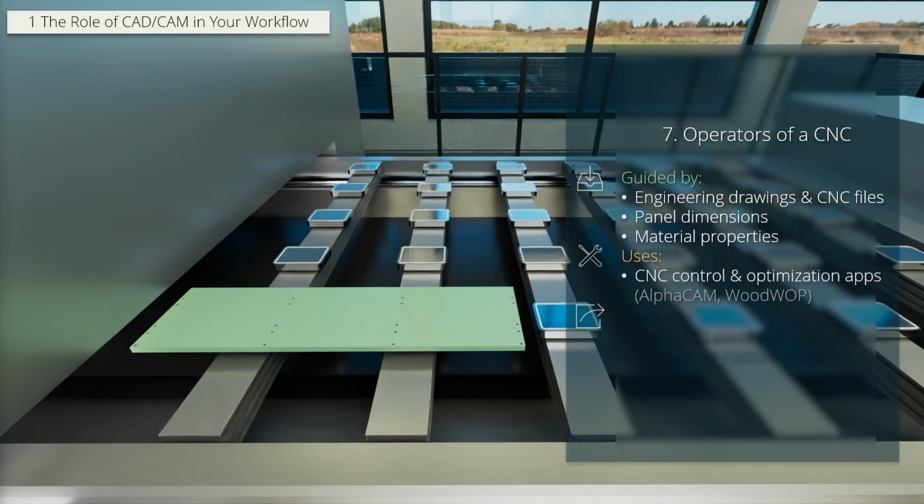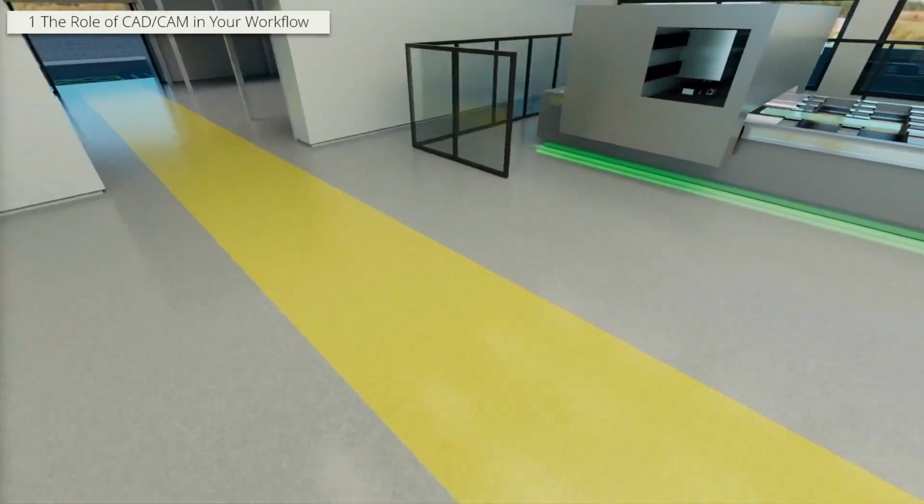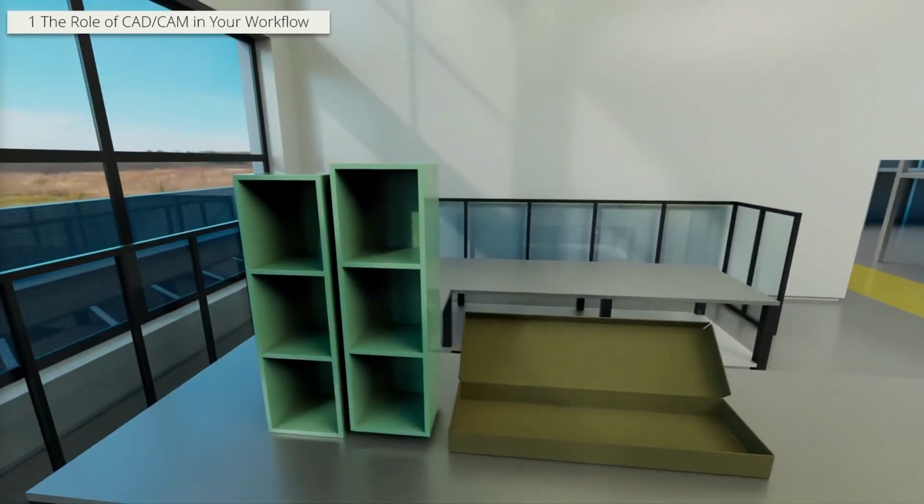They use CNC control and optimization apps such as AlphaCam, Woodwop, etc. There are plenty of them. And the final result is machine part with drill holes, grooves, and so on. So basically we get this shape. So now when we have the collection of those panels in the final state, we can send them to the